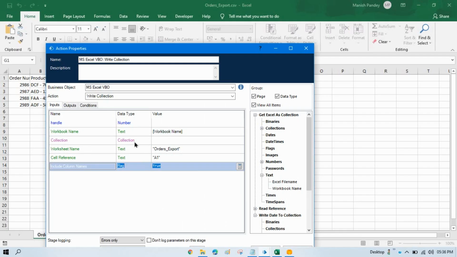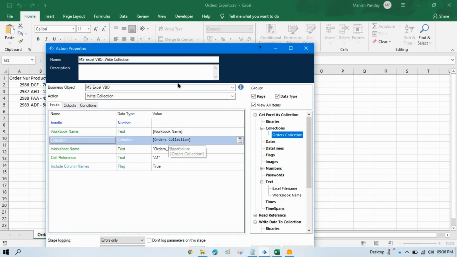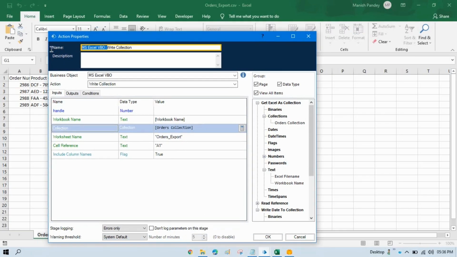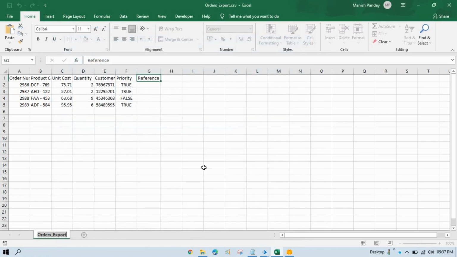Now the collection, so which collection I want to write here, I will take that collection name from this Excel. I will take this one, write updated collection to Excel. Now click OK,